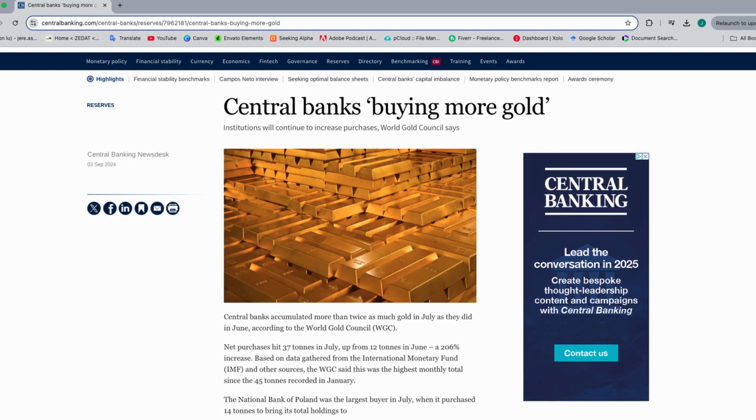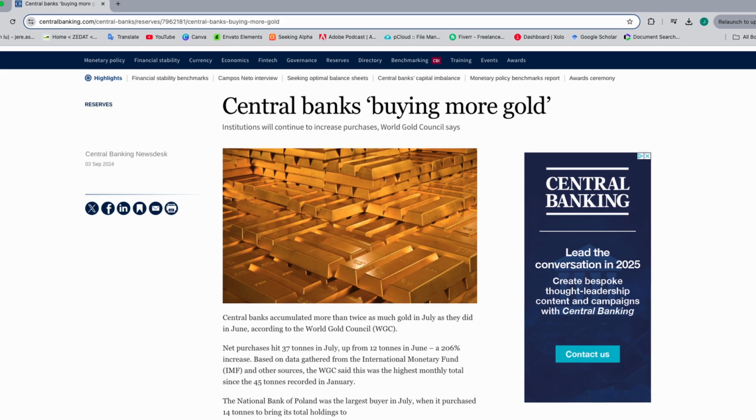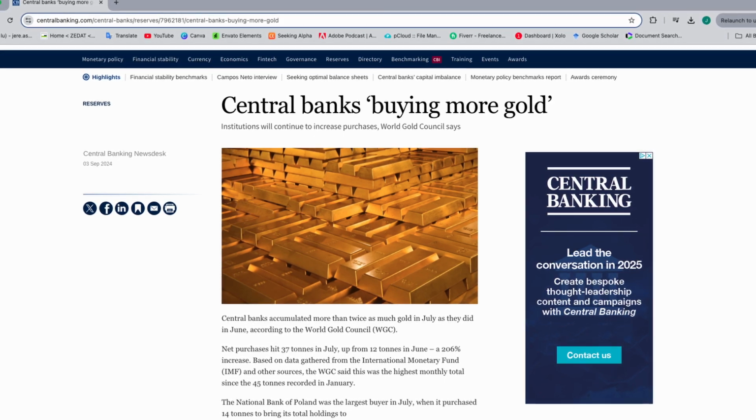We have central banks buying gold hand over fist right now across the world. It's an ongoing de-dollarization of the global monetary system. It's one of the real fallouts from the Russian invasion of Ukraine, with the sanctions being placed on them by the United States and other countries around the world. It's spurred a lot of countries to start to de-dollarize to reduce their exposure to potential sanctions from